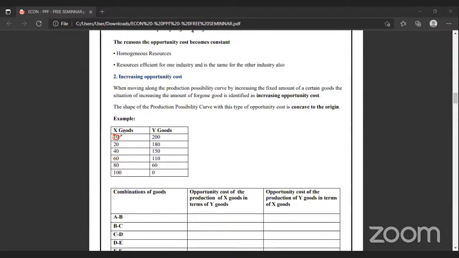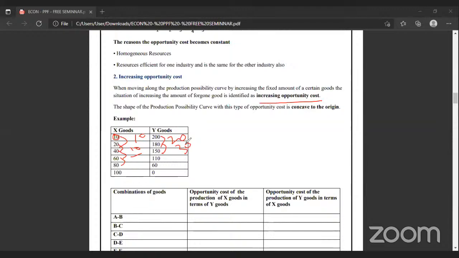So when they are increasing X goods by 10, how much do they sacrifice? See that? At the beginning, they sacrifice 20. That sacrificing amount is increasing. Then we call it what? Increasing opportunity cost. Now the second, again, they are producing another 10 goods. But this time, how much do they sacrifice? 30. But this is the practical situation in the world.